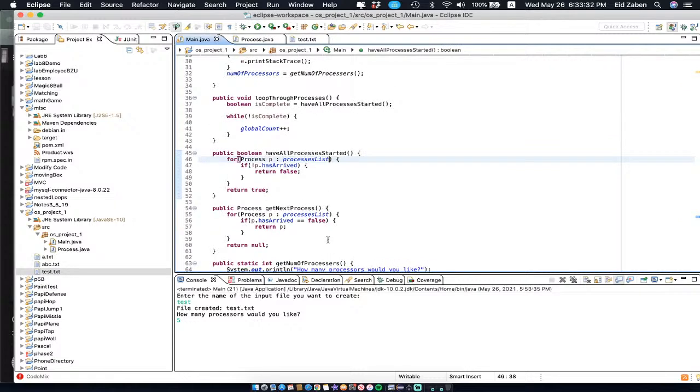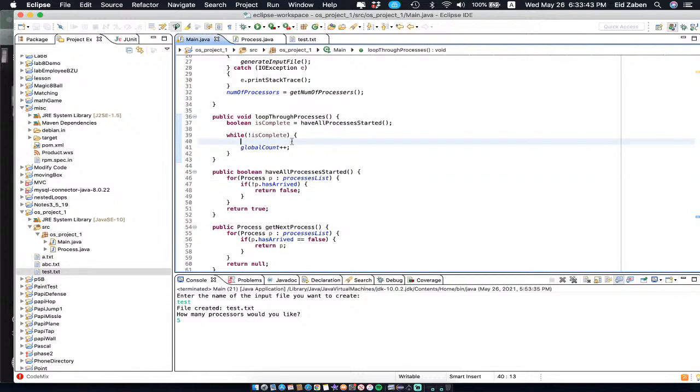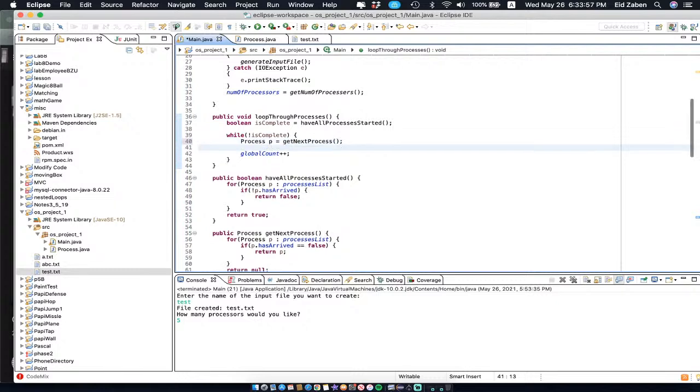Sometimes that happens. But yeah, public boolean have all processes started, get next process. And now we're getting the next process. And here in this while loop is where I'm going to call it. So I'm going to say process P equals process. And what we're going to do is